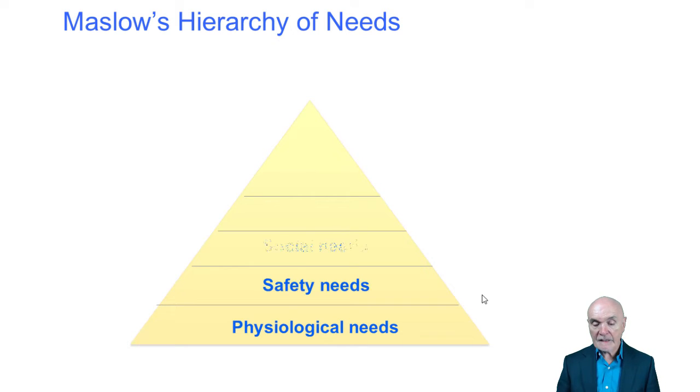And then he said we have social needs. Social needs, friendship, basically. So once we have physiological and safety needs taken care of, we turn out and become social beings again. We want time, for example, to chat to individuals, or we want maybe to be working with people with whom we get on.